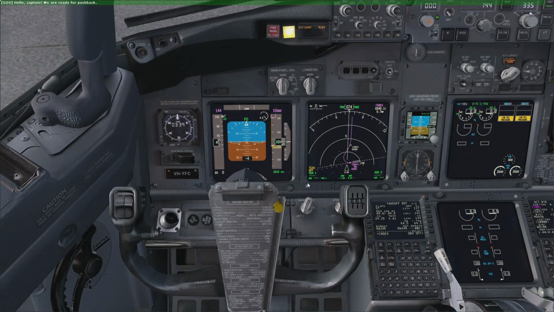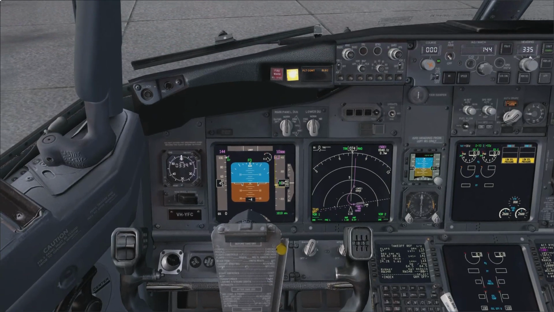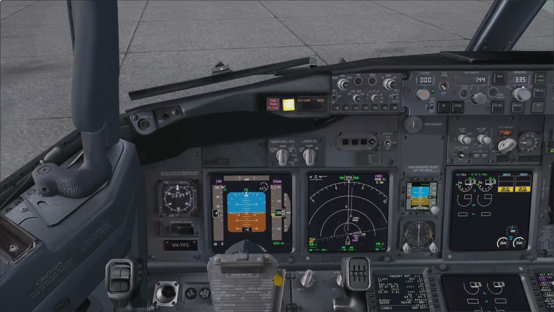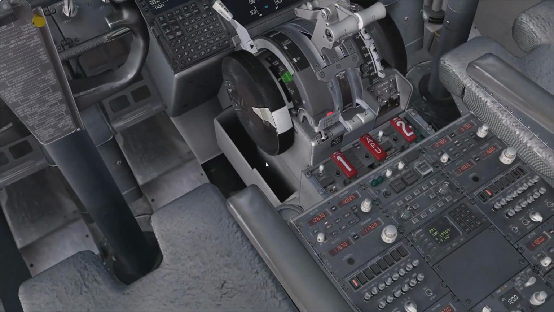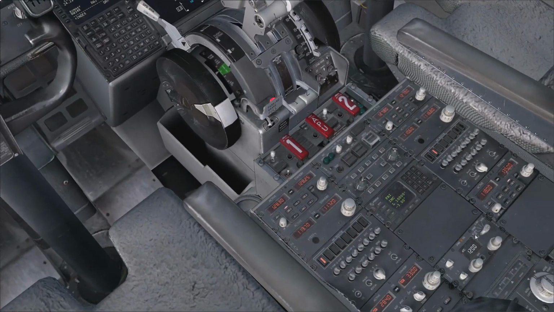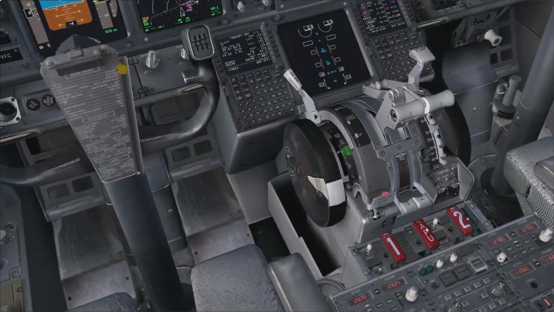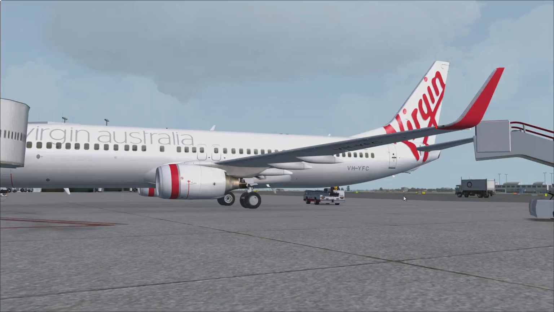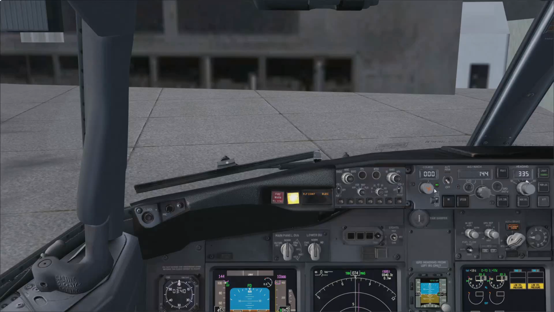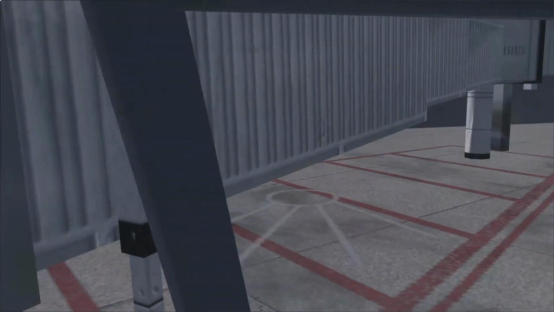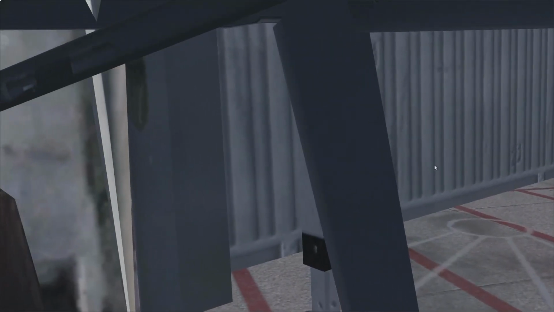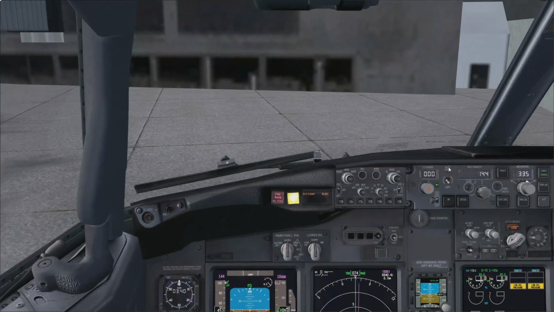So, ready for pushback. I'll reset the QNH to 1010. That's all set. Clock doesn't need to be set. We're not on VATSIM, so no transponder, no radios. I think that is it. Okay, I'm actually just going to stop talking in a minute. That is us ready to go. I'll get rid of the gate. That can go. I suppose now would be a fantastic idea to grab one's yoke,